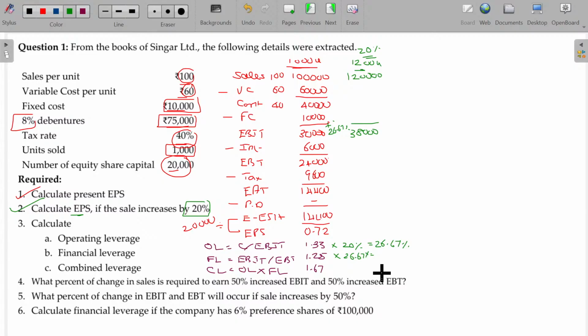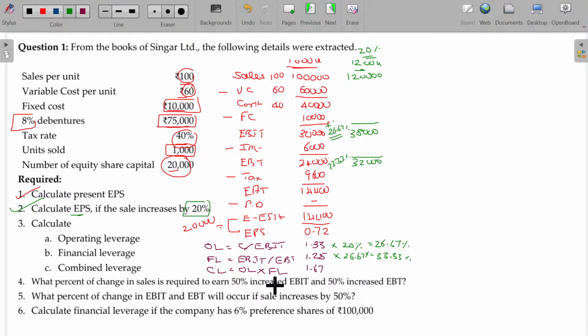Okay. So I have a doubt here. I'm not sure about the percentage change. 33, right? 33 percentage. So this will be 33.33 percentage. Then as the change in EBIT is 26.67 percentage, EBT will have a change of 33.33 percentage. One third. Okay, one third on 24,000. One third on 24,000 is 8,000. So 32,000 will be the value.